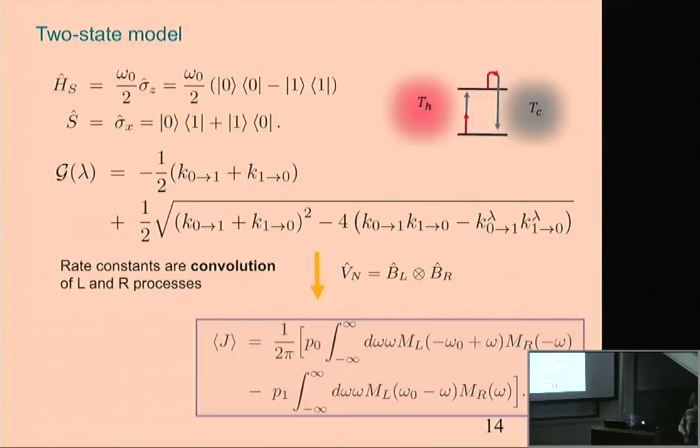here is an example of the general expressions that we have had before. Since it's less standard, again, let's focus on it. So I just have two states, P0 and P1. And it's already a steady state situation. So these are the steady state values of the population that I have to calculate separately from the population dynamics. So let's say I'm in this excited state, P1, and I'm going to relax. I can relax by sending part of the energy to the right side and the rest to the left side. You see the overall energy exchange is omega naught.